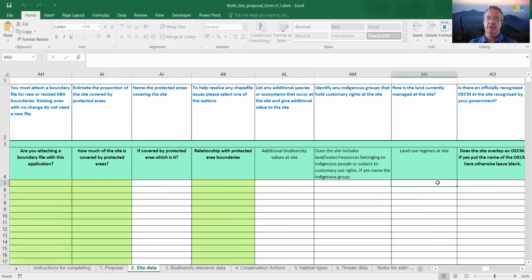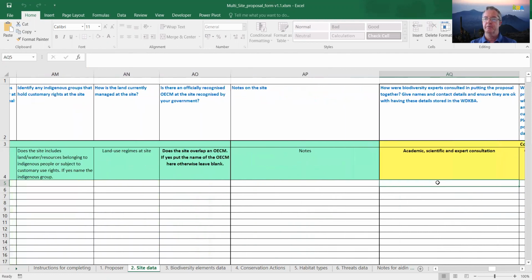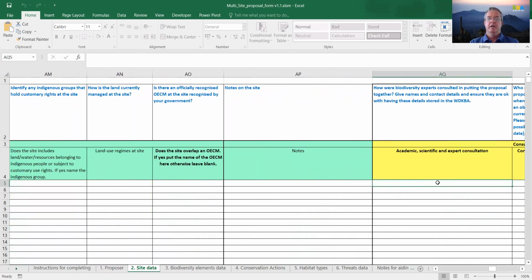And so there's some questions about other biodiversity values. Is the site managed by indigenous people or people with customary rights? What sort of land use regimes? And then is there a recognized OECM in the protected planet that overlaps this site? And if so, give the name, otherwise leave it blank. You can add any additional notes in this section that you want us to be aware of in